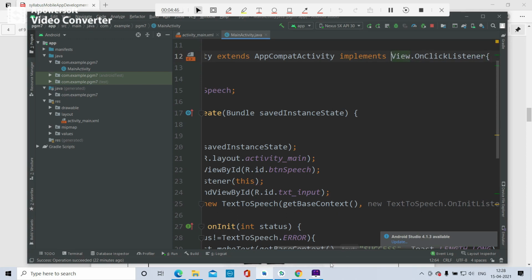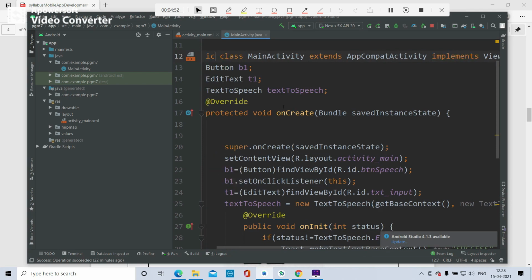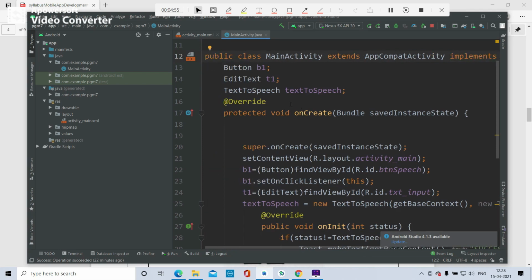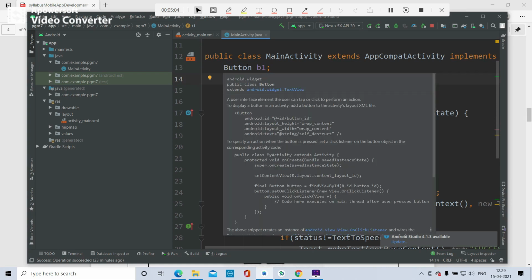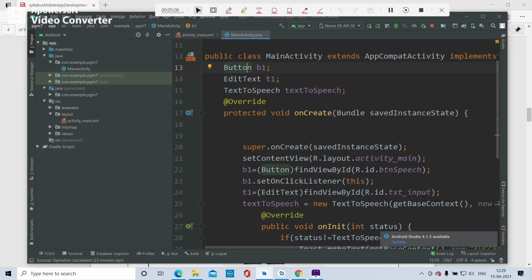And then if you go to objects, there is a button object b1 and an edit text object t1, because we are having one button and one edit text in the app, and we are having one text to speech text view.